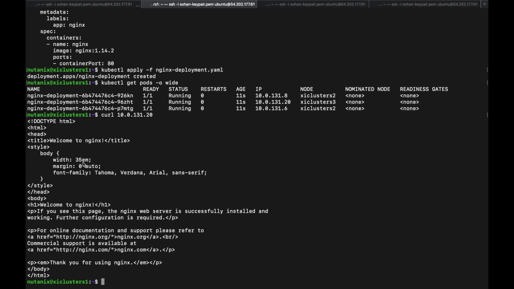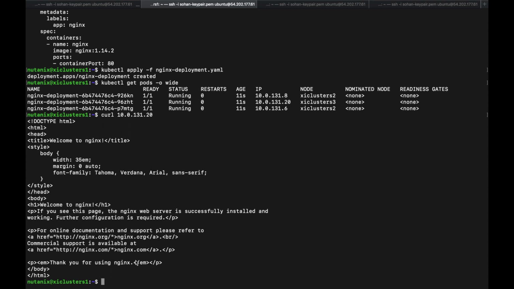For this, we'll need to create a service out of our pods, out of our deployment. We will use the node port type of service, which is the most primitive form of services in Kubernetes. What a node port does is it opens up one port per Kubernetes node, and any traffic that is sent to that port is forwarded to our service, and then to one of our pods, basically load balanced across them.